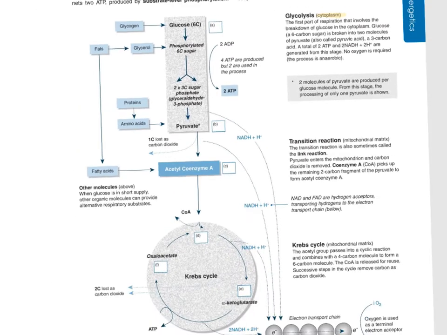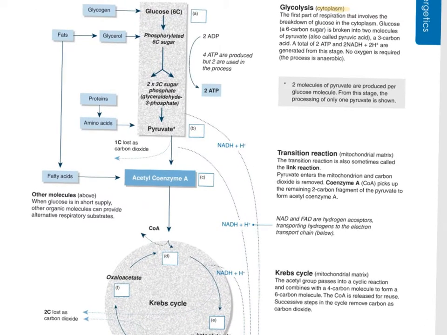Because you're starting at glucose, you're going to make CO2. You're going to make a lot of CO2. You're going to make CO2 here. Look at it. Here you're making CO2. Do you see it? Yes or no? Yeah, there's CO2 being made. If you eat fat, the glycerol is going to come in here, depending on the fat. The fatty acids, though, are going to come in here.